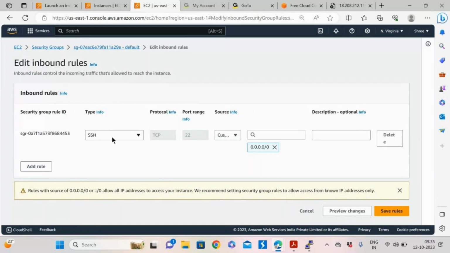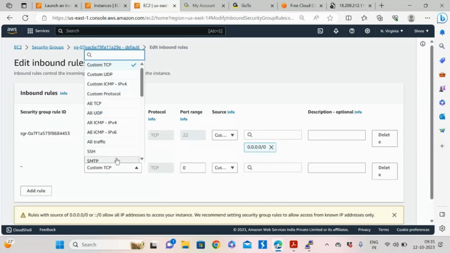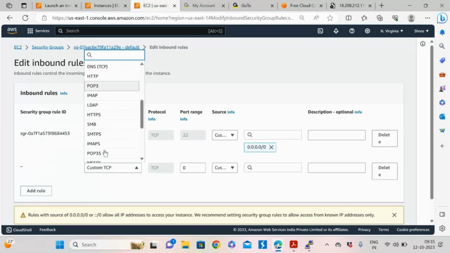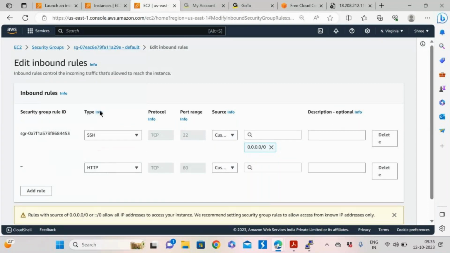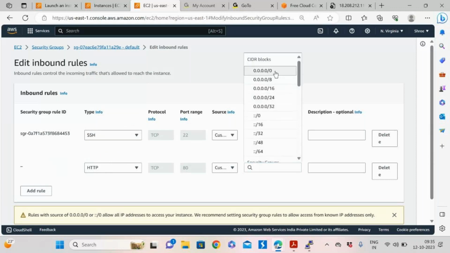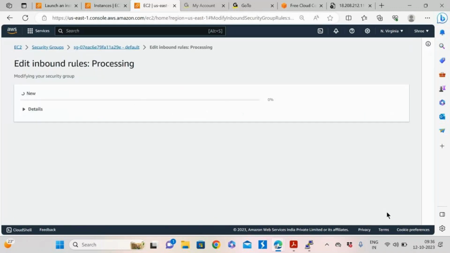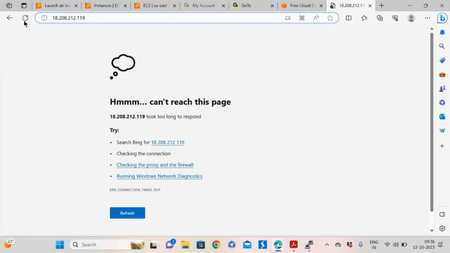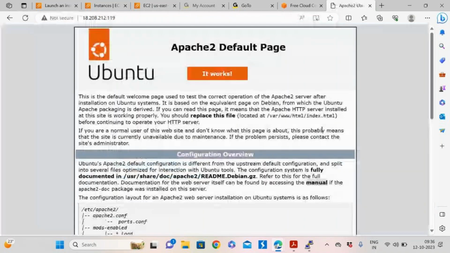So I am adding HTTP as well for the complete network. Save rules. If I refresh the same page, we'll see. Yes, I got it. Understood?